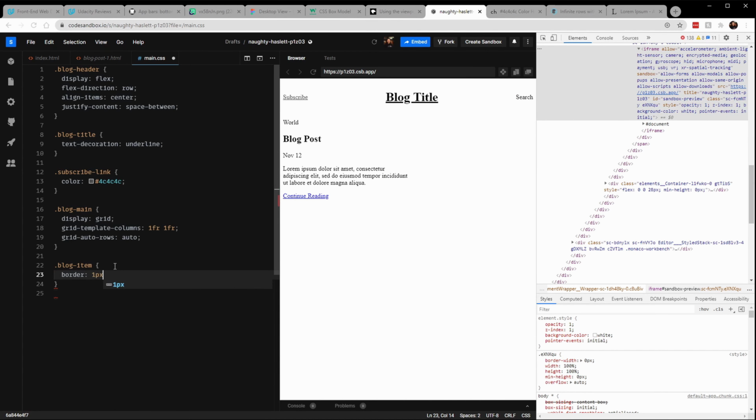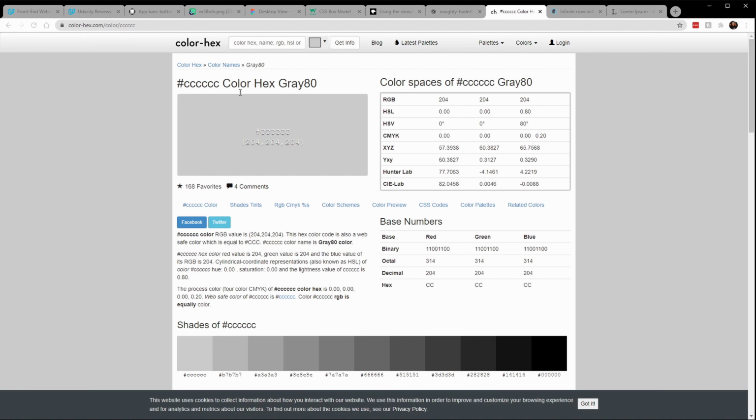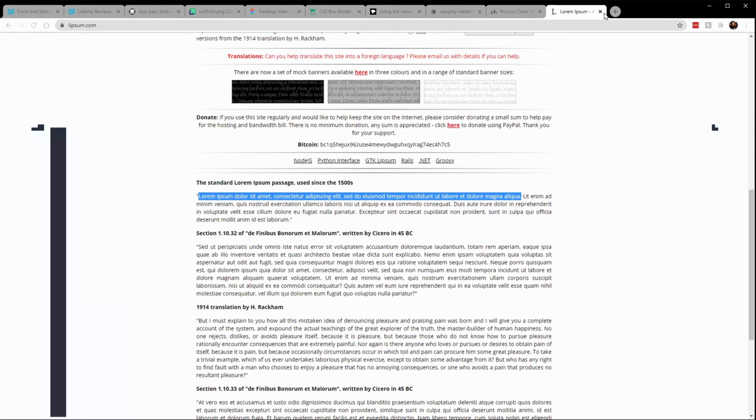Border, 1 pixel, a solid border, and then let's just use a really light gray. CCC is one I use a lot when I'm coding websites, and you can actually type it in here, CCC, and this is the shade. So, all right, we have here